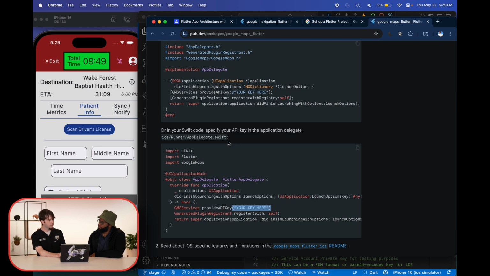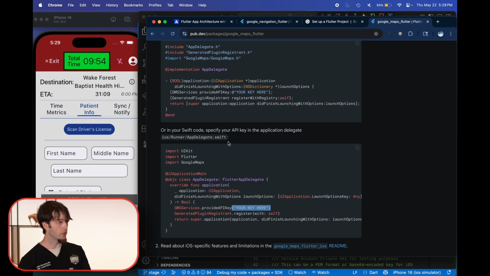And that's fine if you're doing local development, but there's two challenges with this for us. First, this is an open source application available on GitHub. And I don't want all of these API keys to be available and published here.